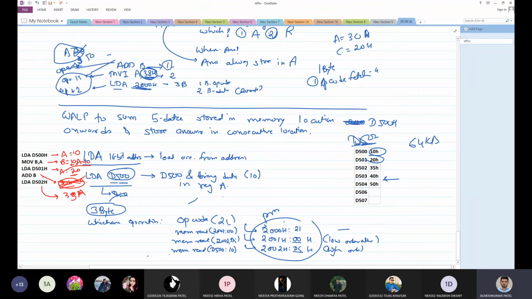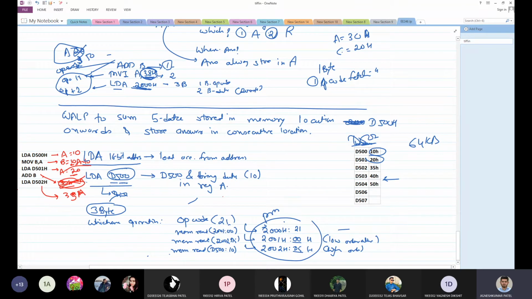So the accumulator is very fragile, very volatile. You have to take care. You have to always take care. If you are performing any instruction, you have to take care, it might modify the content of A. So after writing each and every instruction, you have to take care of which register that instruction is going to modify. Okay.